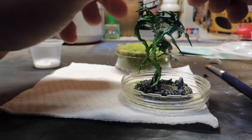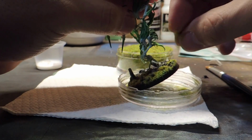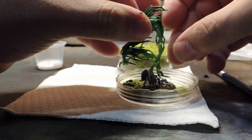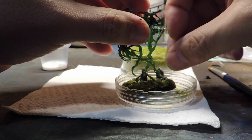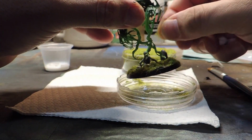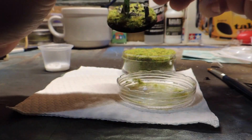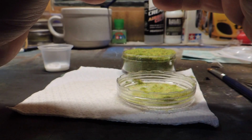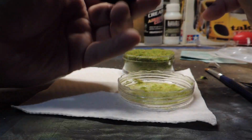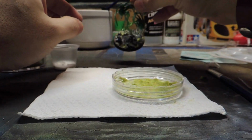Like, to me, nothing's worse than if you have a painted miniature and then you have regular rocks. It just doesn't look right. If you paint the rocks and the miniatures using the same sort of paint, with the same consistency, it makes everything flow together. The only thing I don't paint is, well, this one right here. I do not paint the grass itself. So there's that. So I mean, we're really nearing the end here, and